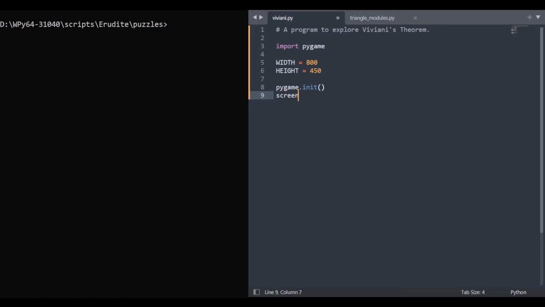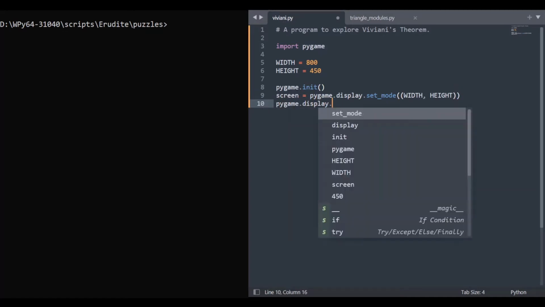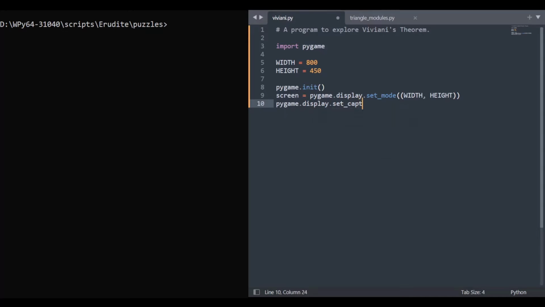So we'll set a screen to Pygame display, and we want that to have a width of width and height of height, so that we can just alter these to shift things around. We can set a title for the window or a caption, and we'll call it